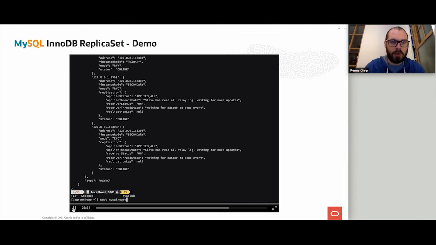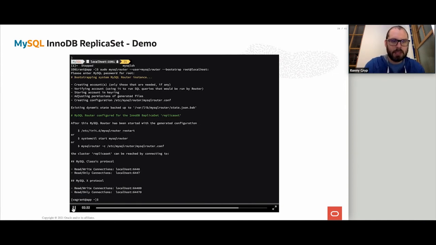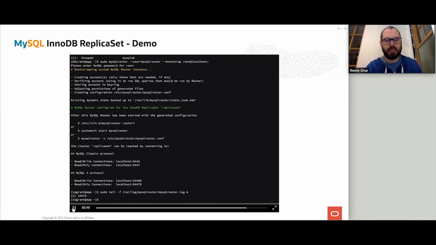So now we're showing Router. For Router, we're using the user shell, so we're using the OS user MySQL Router, and we're bootstrapping to port 3201. Done, it bootstrapped, just connect with username, password. It generates the users, it doesn't use the root user, of course. It creates a user with limited privileges, and then when we start Router, it will figure out what the